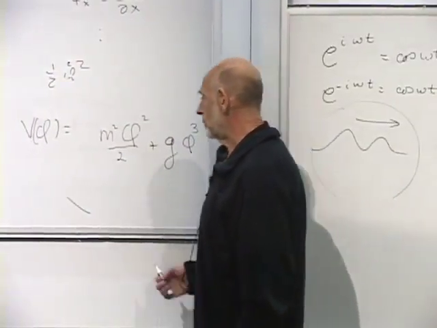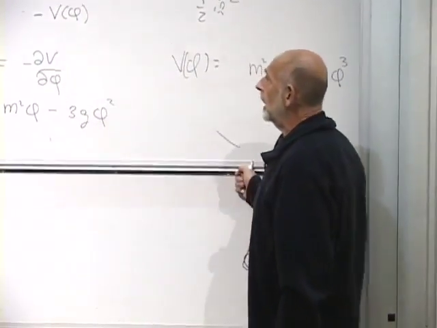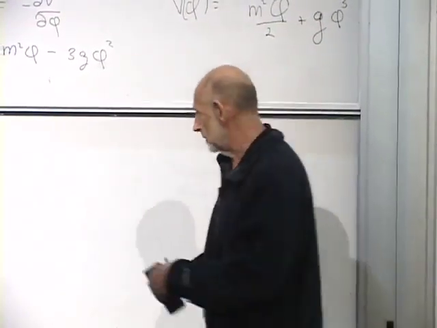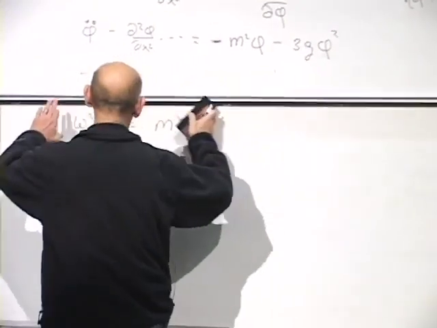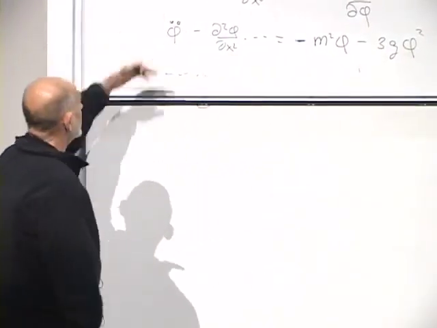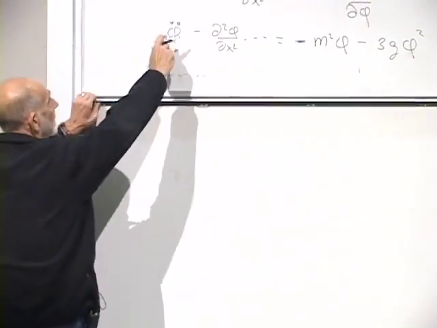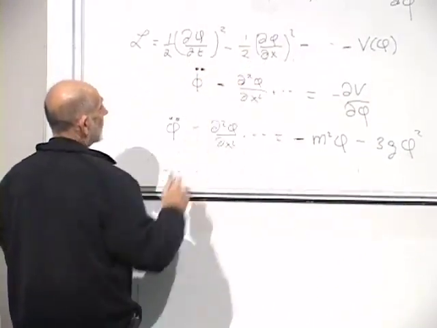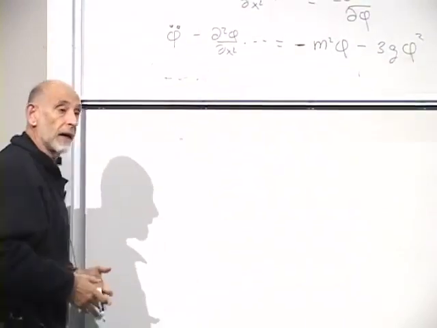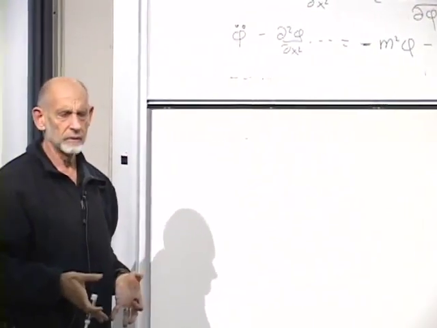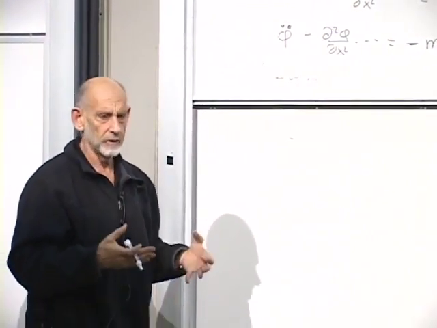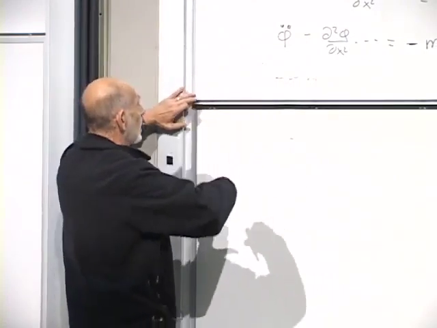Another example, just to show you what you can do, is you might have two fields. For simplicity, two scalar fields. To make two scalar fields, we would take just these terms here and write, let's call the two fields phi and, give me another letter, another Greek letter. Sigma. Rho. Okay, let's take phi and rho.